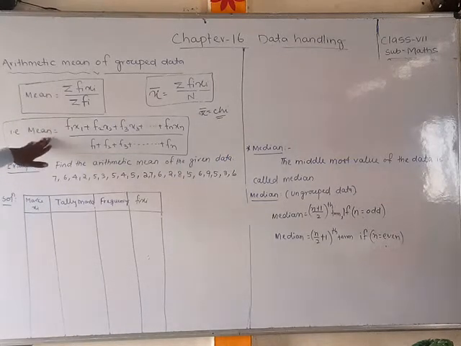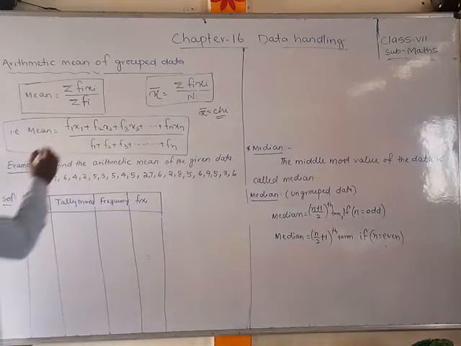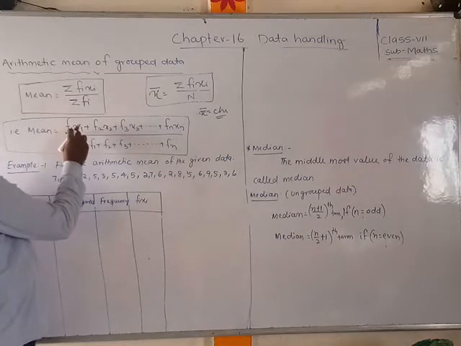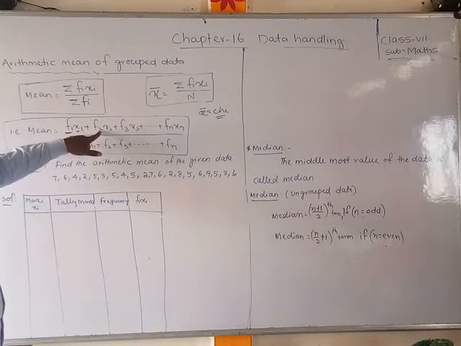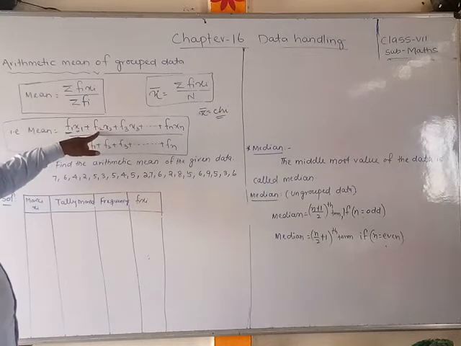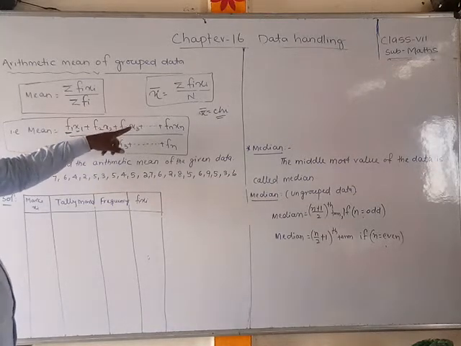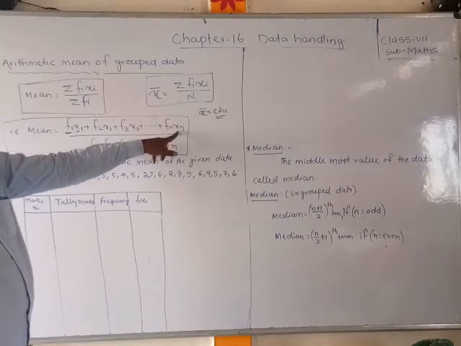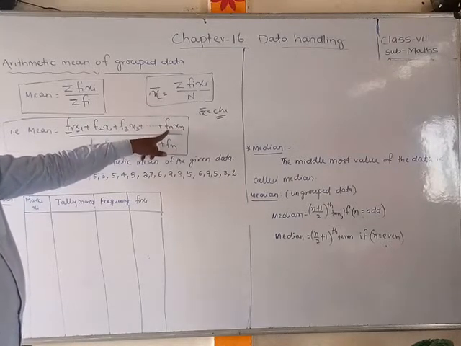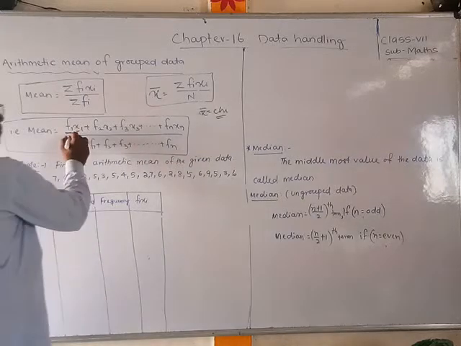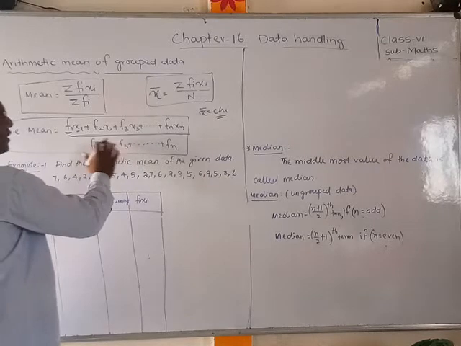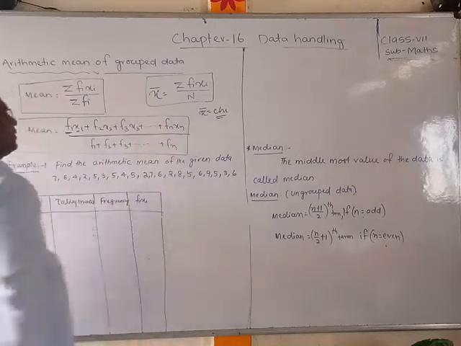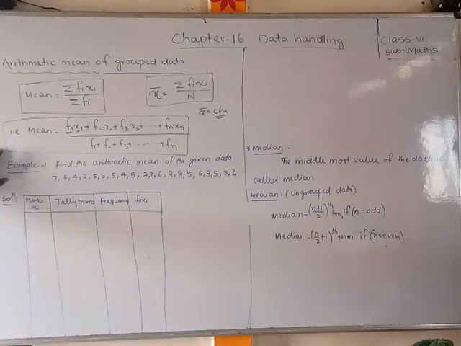Students, to find the mean when data are given with frequencies, we do this. F means frequency, x1 means the first data value, and f1 is how many times it occurs. Similarly, for the second data value x2, f2 is the frequency. Like this up to the last term, xn is the observation and fn is its frequency. The total is divided by the total number of frequencies, 1, 2, 3 like that, the total number of times we have added. Now with example 4 we can easily understand, students.